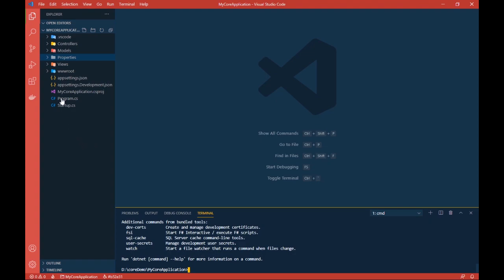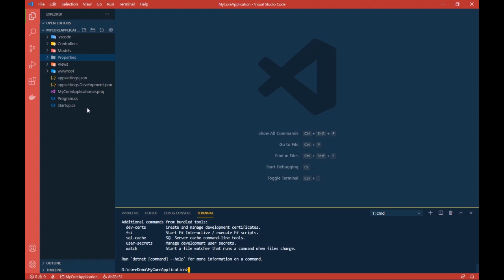As you can see, this is the template which we got when we ran the dotnet new mvc command in the previous video. In this video, we'll go through some of the essential files in .NET Core.